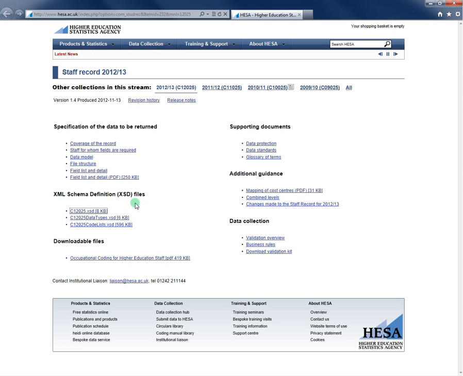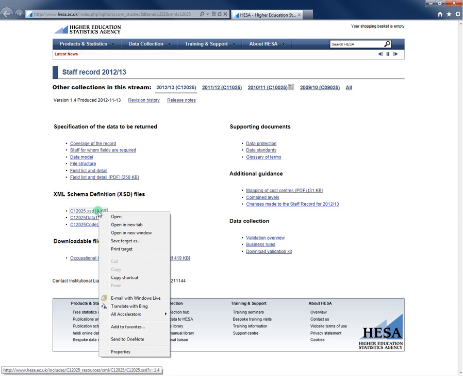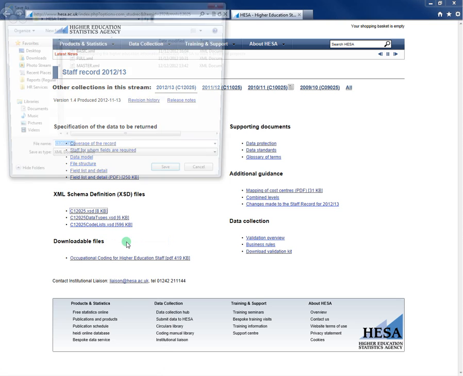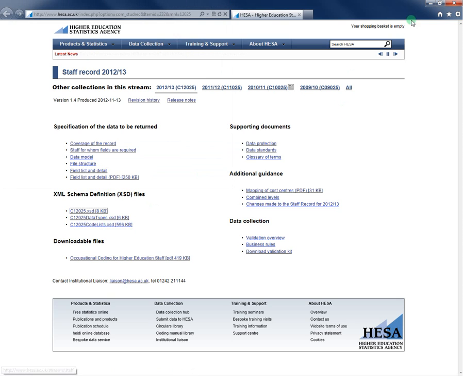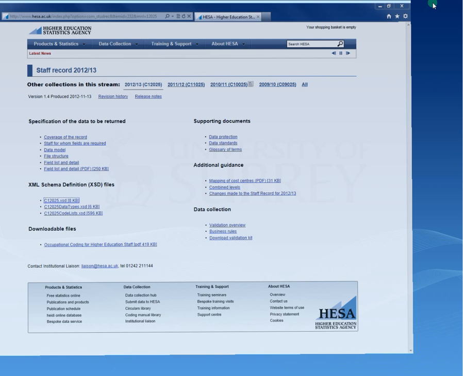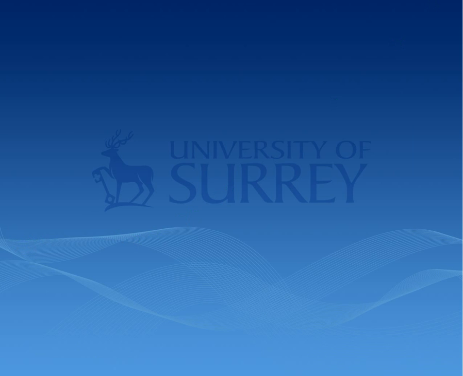In order to save those as XSDs, if you're using Internet Explorer, you'll need to right click and save target as, and then change this XML to XSD. We've already done that, so we'll come back to that in just a second. So once you have all 3 of those saved, all in the same folder,